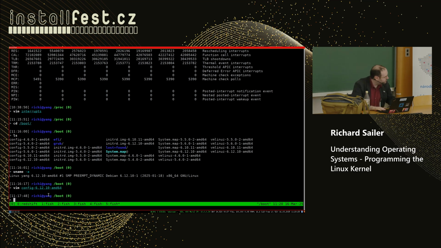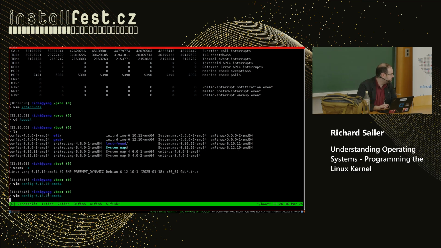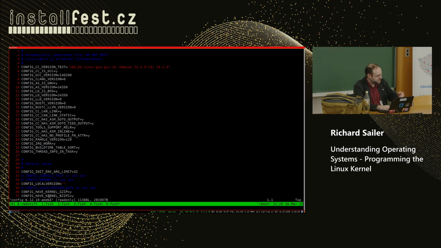But for now, I want to show you this relevant option for the PTI. So this is what one of these kernel config files looks like. The thing is, you should not usually edit them directly. When you configure your kernel, you have a tool called make menuconfig that generates these files for you and also takes care of dependencies and everything. But if you want to look quickly whether something is enabled or not, it is totally fine to look in there. And all these options here start with CONFIG.